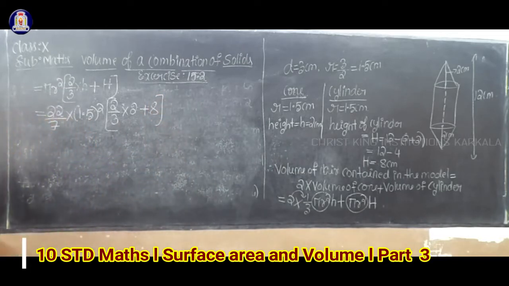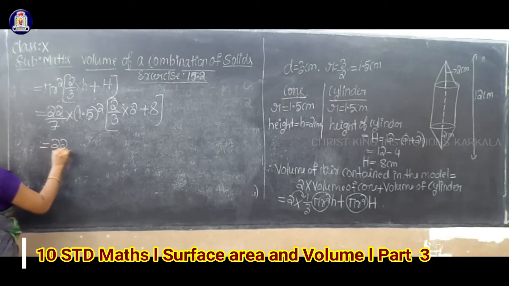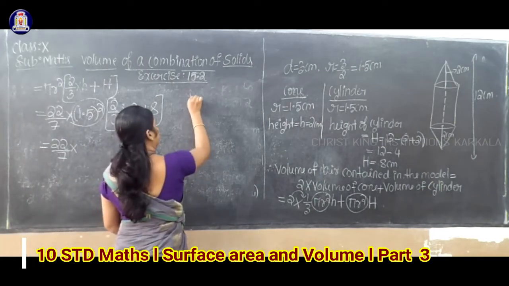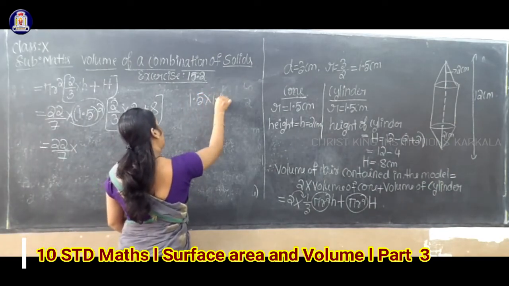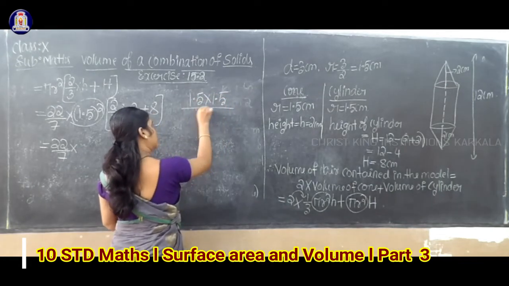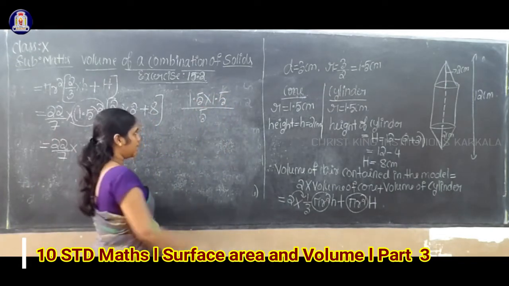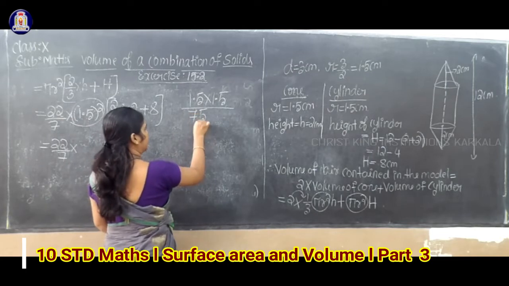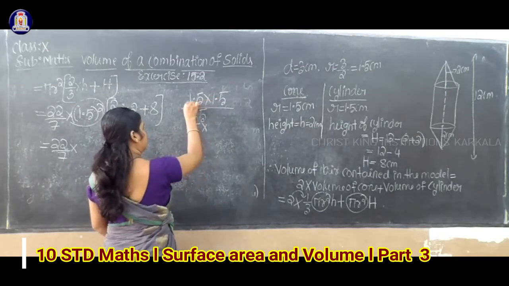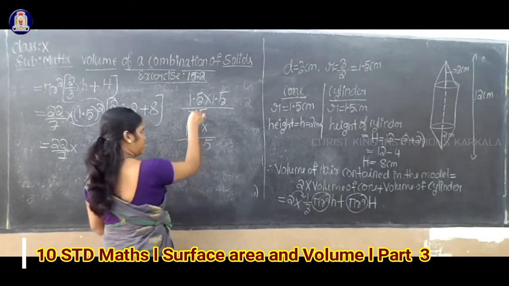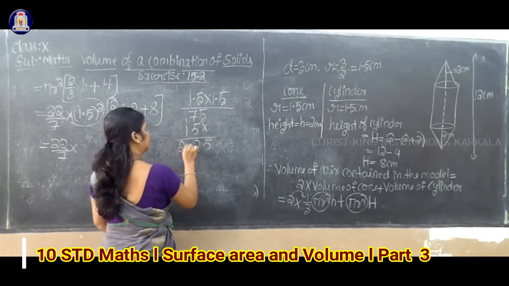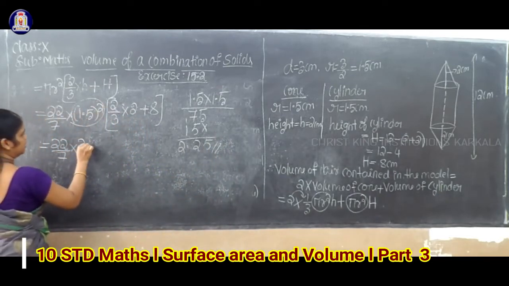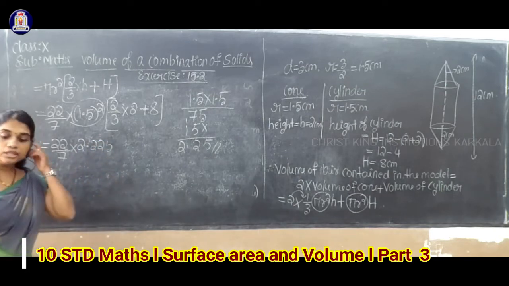Okay, now this is equal to 22 by 7, write as it is. What is the value of 1.5 whole square? Means 1.5 into 1.5, right? 5 5s are 25, 2 carry. Again 5 ones are 5, 5 plus 2 equal to 7. 1 5s are 5, 1 ones are 1, 7 plus 5, 12. So you will get 2.25. Okay, so therefore 1.5 whole square is given by 2.25.